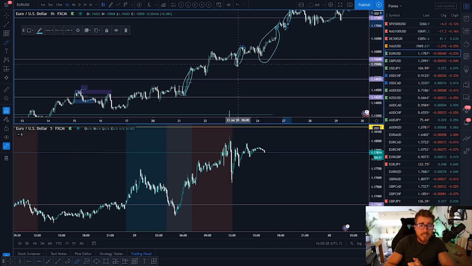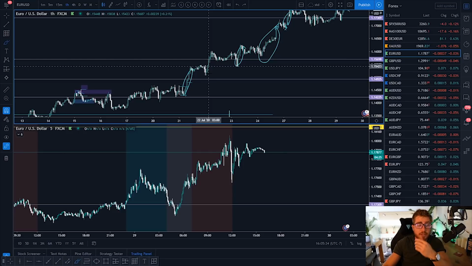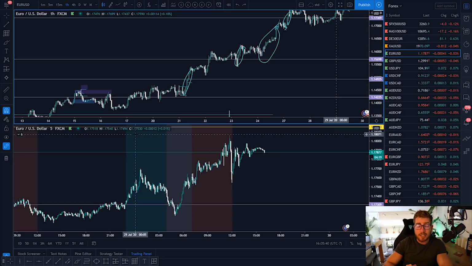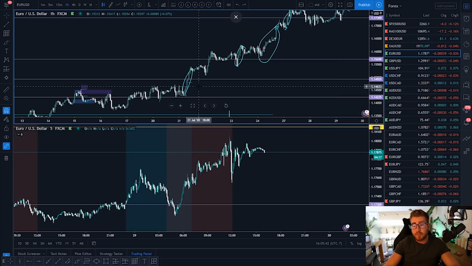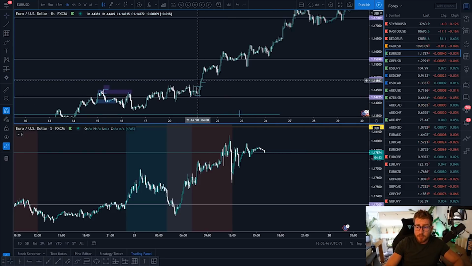If you don't see a big explosive move like this, and you're just seeing a ranging market, it's not going to be a very strong strategy, and you're just going to have to find it on another pair. Ideally, we want to use these higher volume pairs, like the USD pairs, and they're going to give us more accurate entries. So if we get rid of some of those, and we draw our supply and demand zones,